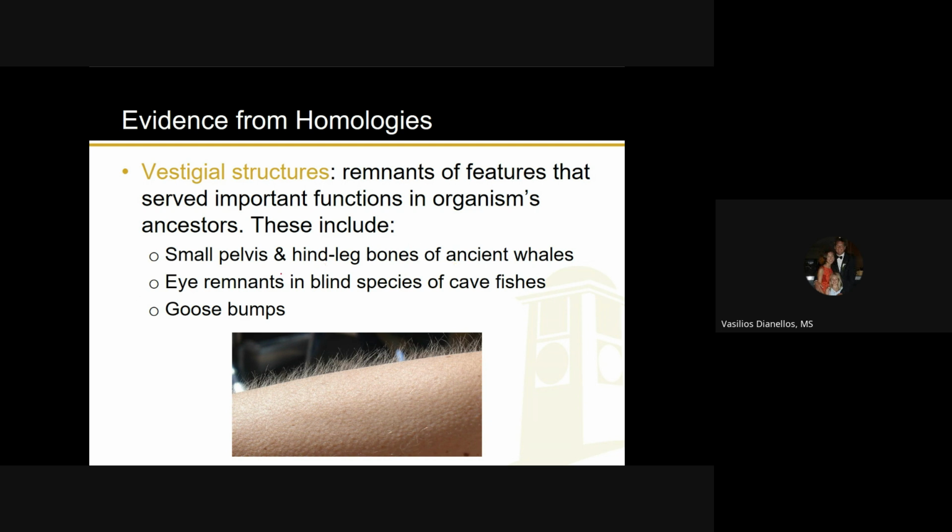Some other examples are eye remnants in blind species of cavefish. And again, these are just examples. So once again, independent work topics, right? You can look those up and get specific with me. Tell me you looked it up and tell me exactly what species it is, all that stuff. There's a lot of blind species that don't need their eyes. Their eyes are useless, but there's still remnants of where their eyes were because, in a previous ancestral species of theirs, those eyes actually served a purpose.